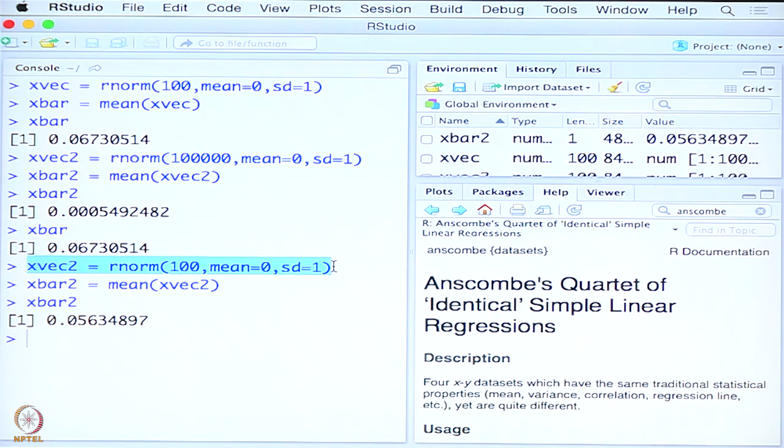in values because now I have a different set of 100 values, and if I keep repeating this, I will get different sets of data and different sets of x bar. Now, that itself is an indication that it is a random variable. I am repeating the experiment, same sample size, I get different values. How do I now get the sampling distribution? That is the distribution of x bar, let us say.